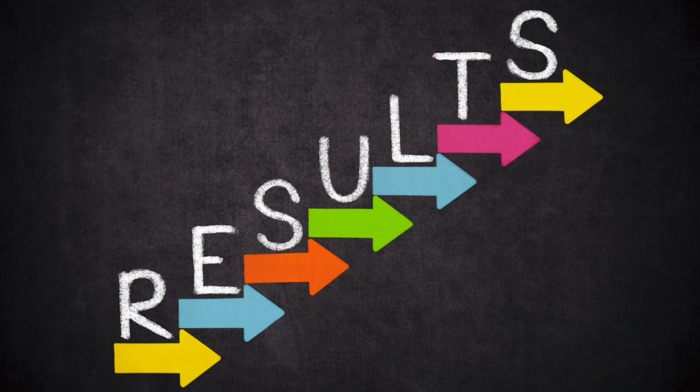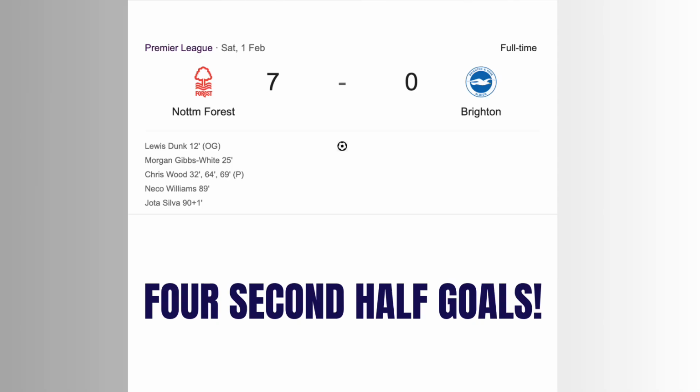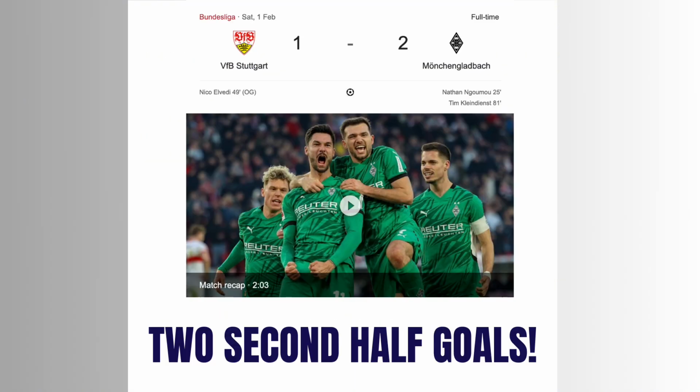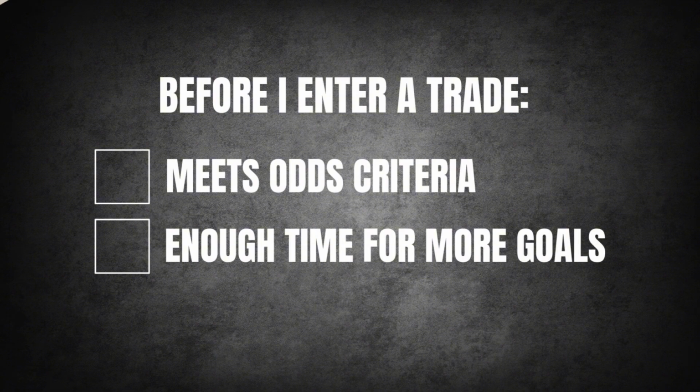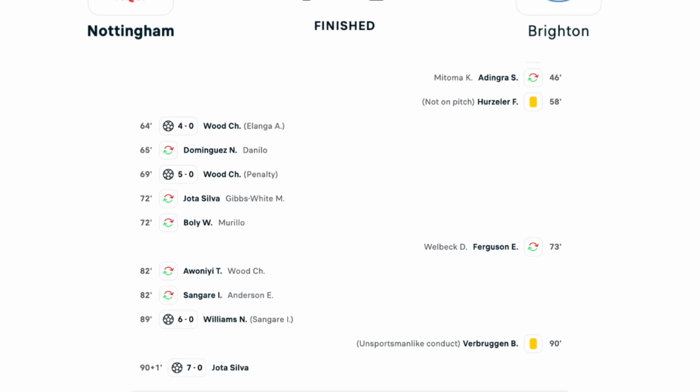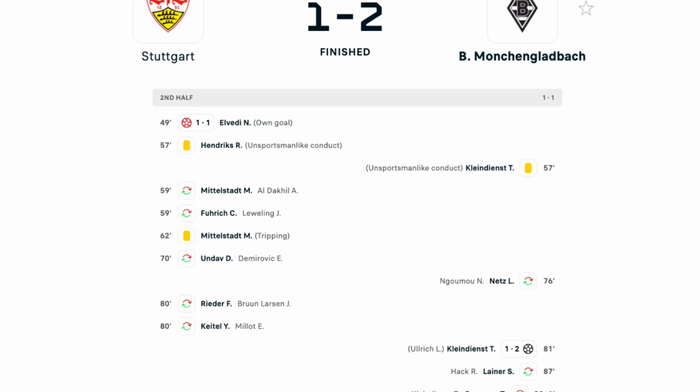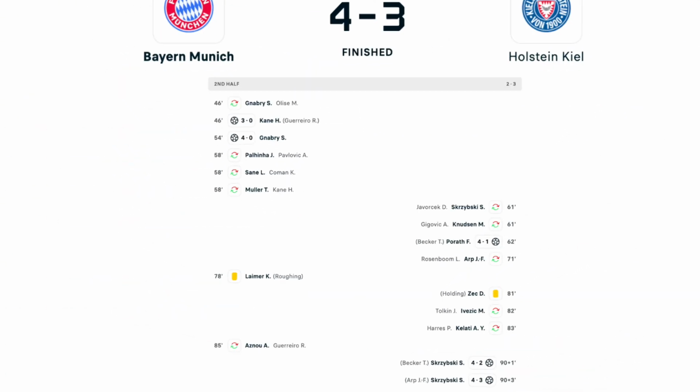So here's what happened with my free matches. All 3 matches had at least 2 second half goals, so that's a fantastic result. But guess what? I actually didn't end up trading these games. The odds and the goal timings didn't quite fit the strategy I was planning on playing that day. Even though personally I didn't end up trading these matches, they all had a good opportunity to make a profit.